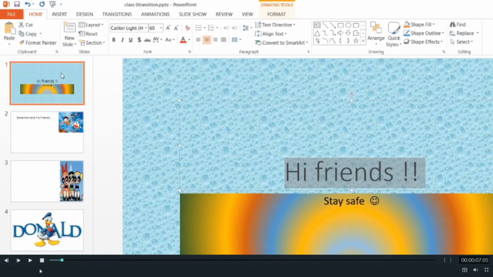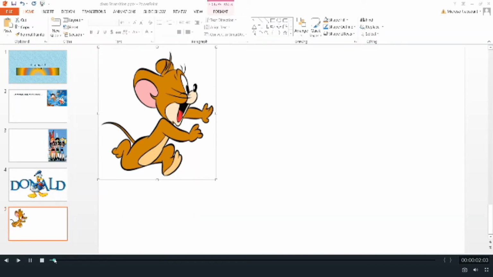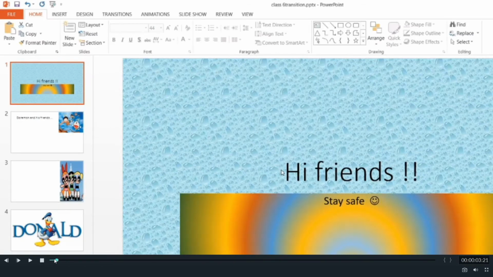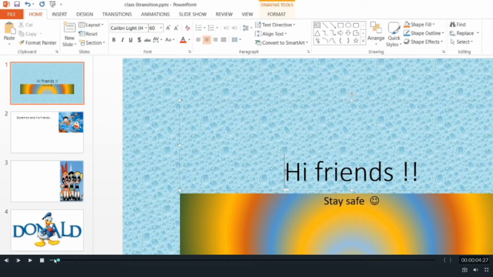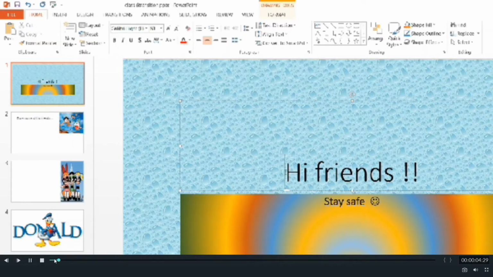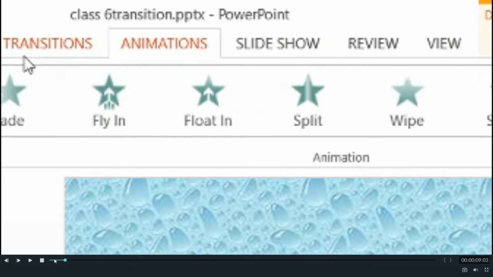Okay, let us start. Let me come to my first slide. This is my first slide, and now let us learn how to apply transition effect first. You can see two tabs, the transitions tab and the animations tab.